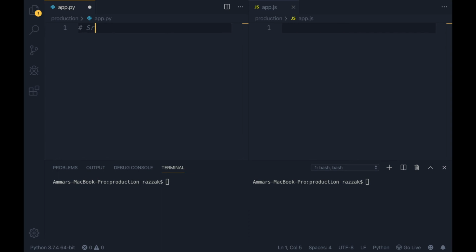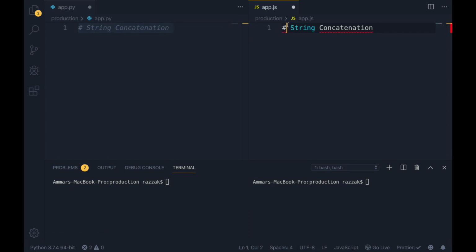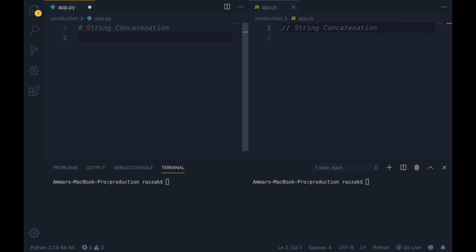So let's go and do some string concatenation. This thing also exists in JavaScript. Let's say that my goal is to print someone's name. So I will have the name, and I want to say how are you, something like that. So how would I print that? My goal is to assign a variable, let's say greeting,